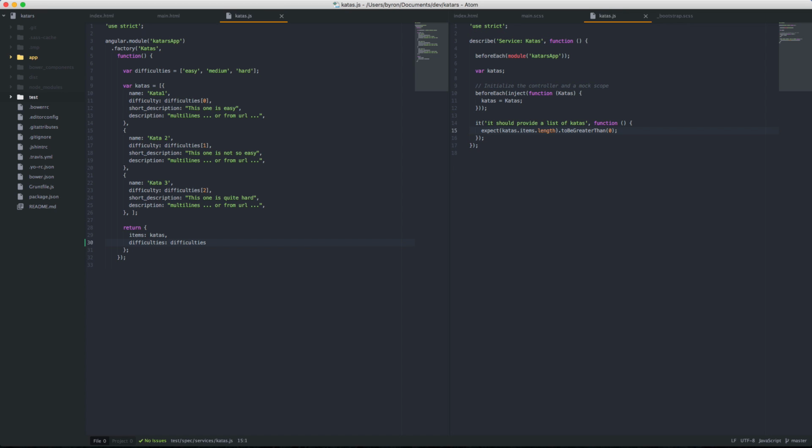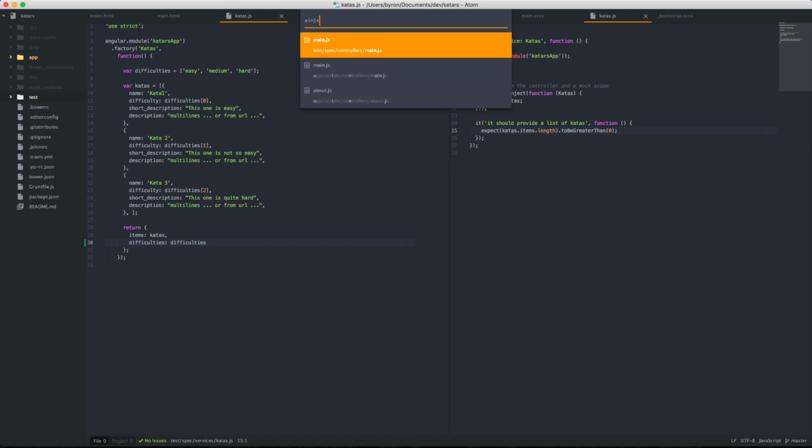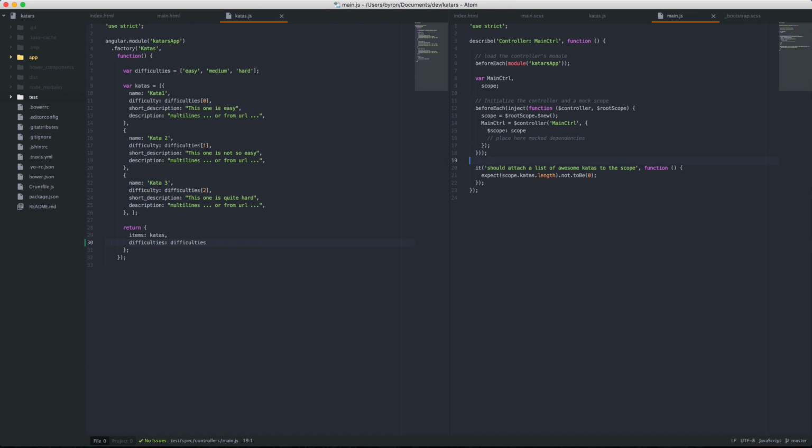I think the main JS spec is actually testing this. Yeah, but I'm quite loose with that. Scope cutters, the scope might also want difficulties now. So let's expect that. Expect scope difficulties